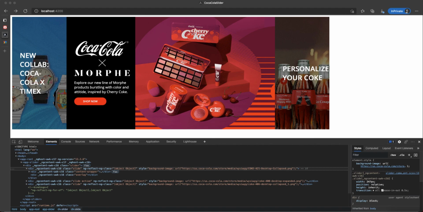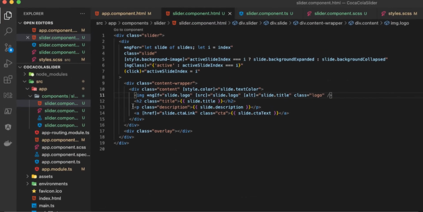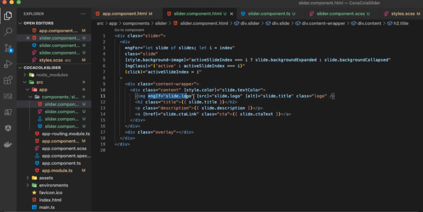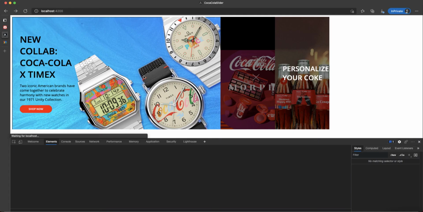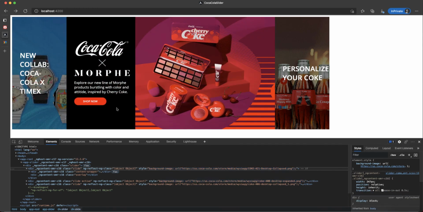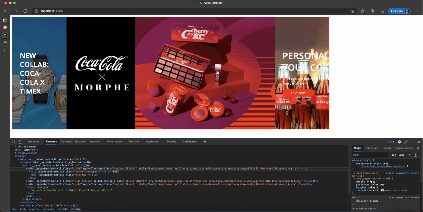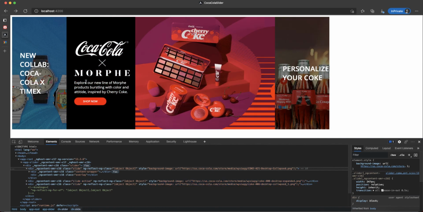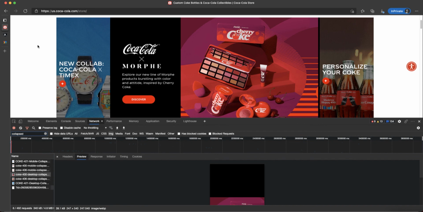Also we want to do this the same for a title, so we can just check ngIf. I'll just copy this, ngIf slide title, and we'll add a title, show the title. Otherwise we are not trying to show anything here. But the title is not the problem because it won't just load. It will just add an item to the DOM. Okay, and we have to style this logo here because it's a bit bigger than it